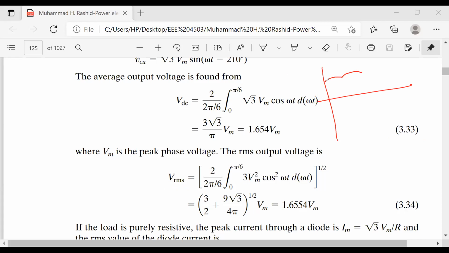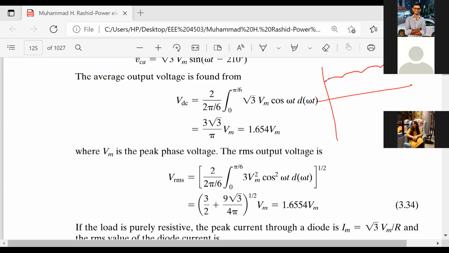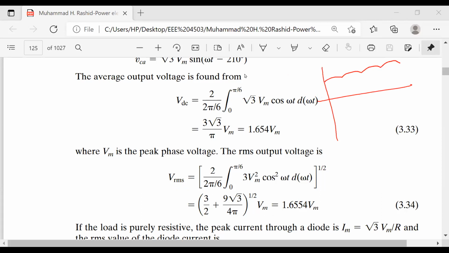Because look here, this is very much close to your average value. Yes, sir. Look here, is it not very much close to your average value? Yes, sir. Because it is fluctuating in the 6 with a very minor ripple. That is where your RMS value and DC value are almost the same. That is, your ripple factor will be minimum. You understand? Hello? Yes, sir. Okay. So now,